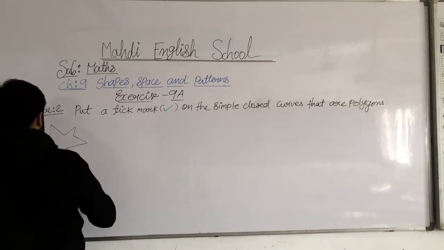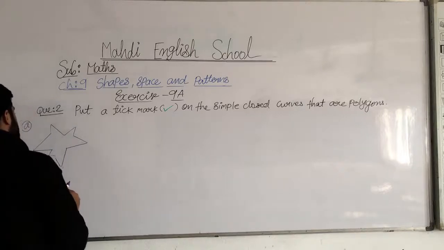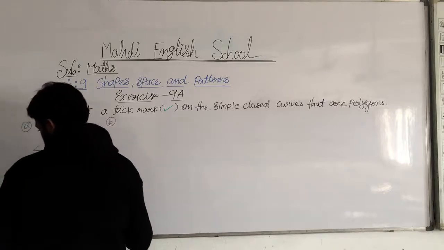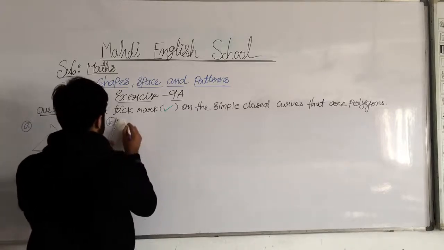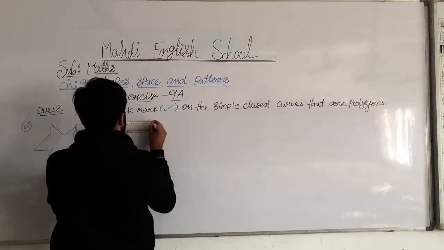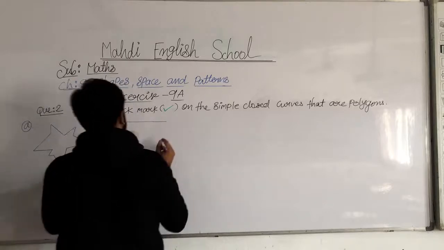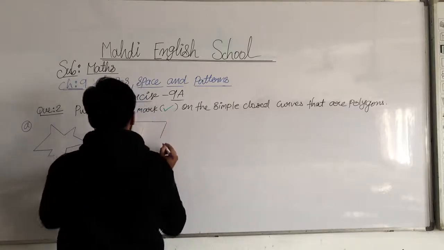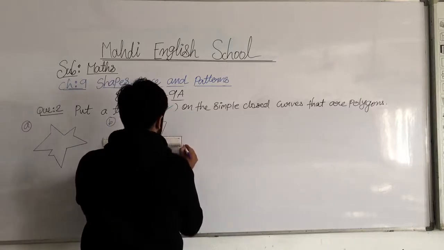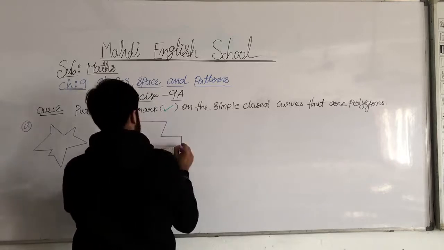Which shape is it, my dear students? It's a star-like shape, but it's not a proper shape. We have to find after drawing. So first of all, you have to draw with me. All figures you have to draw in your book properly, and you must use a scale. Without a scale you cannot draw it properly, so I am telling you again and again, you must use the scale.